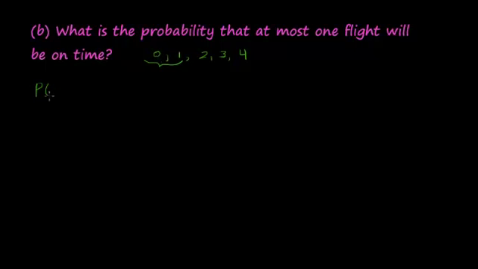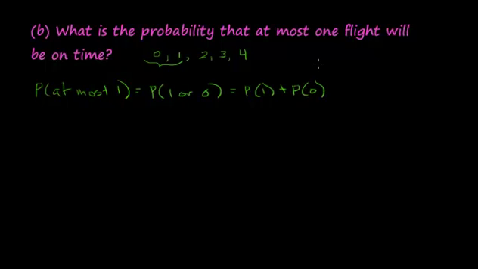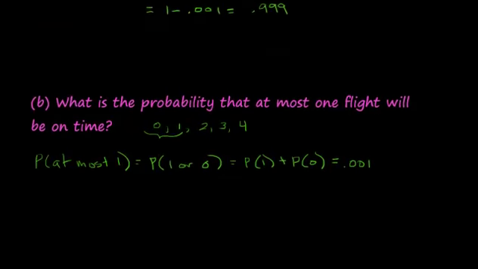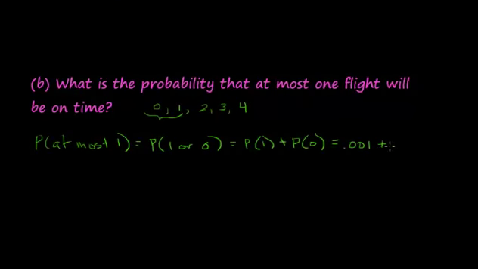So let me write that. Probability of at most 1. Well, that's equal to the probability of 1 or 0, which I could write as the probability of 1, remember, or means add, or 0. Okay, and we have these numbers in our table. 0.001 was the probability of 0. We just used that one. The probability of 1 is 0.012. Okay, and when we add these together, we get